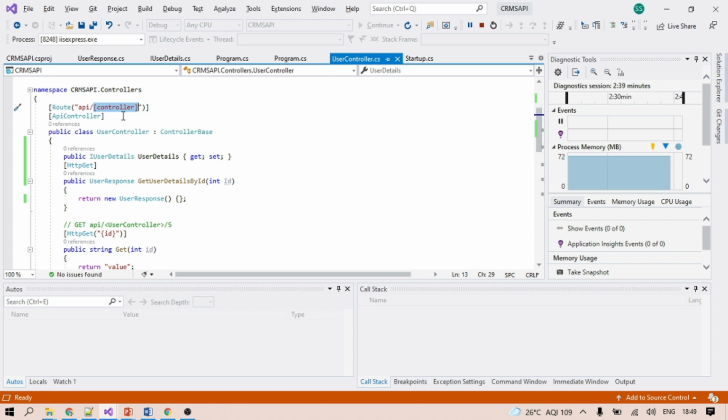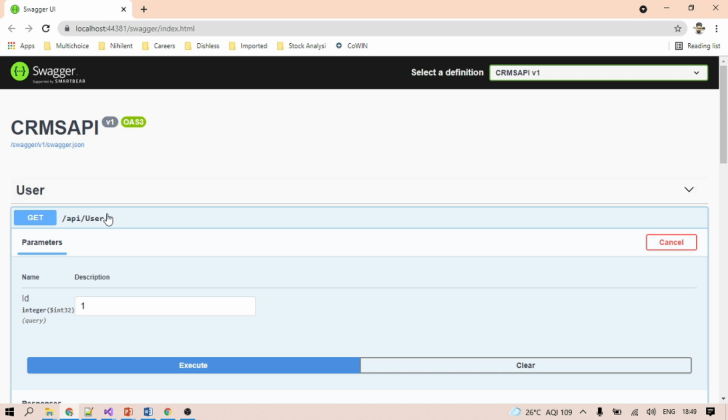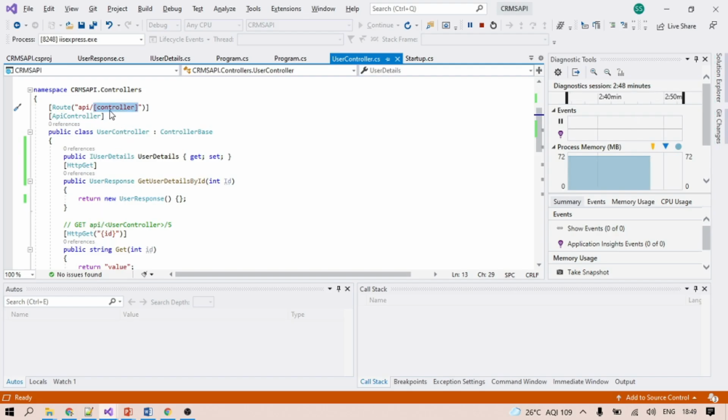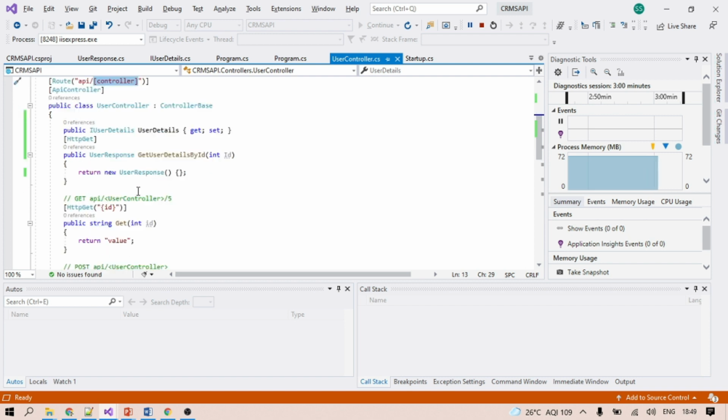Whatever the controller name is, it will automatically take the name. If it is weather forecast, it will take api slash weather forecast. Either we can hard code api slash user, or we can put the square tag in the controller, so it will take the actual name.